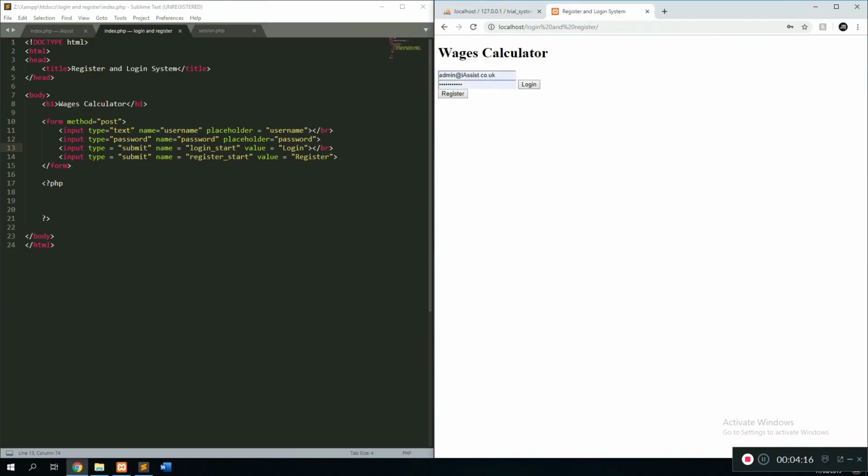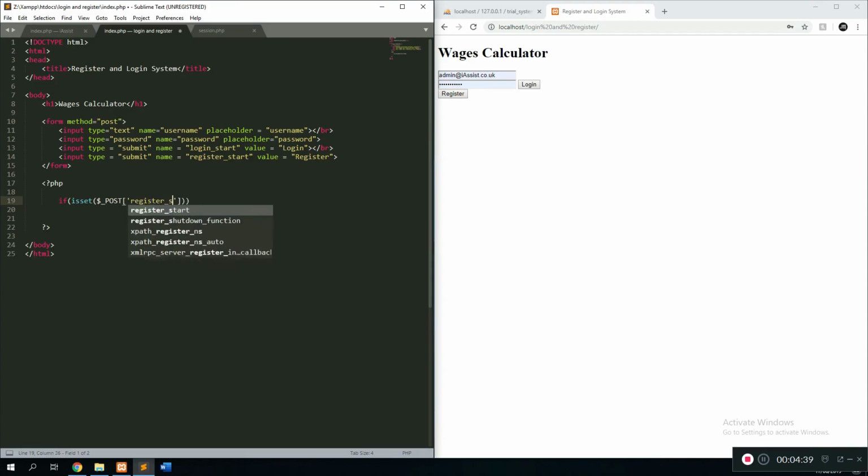And if the user clicks on login, it should just log him into the account, checking if the account exists, obviously. So what we would want to do first of all is do the if isset statement. So we're going to do if isset of a post. So if the event of a post happens, and if the value that is submitted equals register start, then what we're going to do is grab the username,